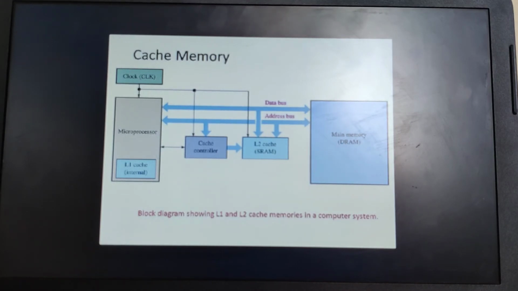No matter whether it is L1, L2 or L3 cache memory, these caches are quite expensive, but they are very small in size, meaning they can hold only a small capacity of data. Usually the size of the cache memory is in the range of 256 kilobytes up to 2 megabytes.